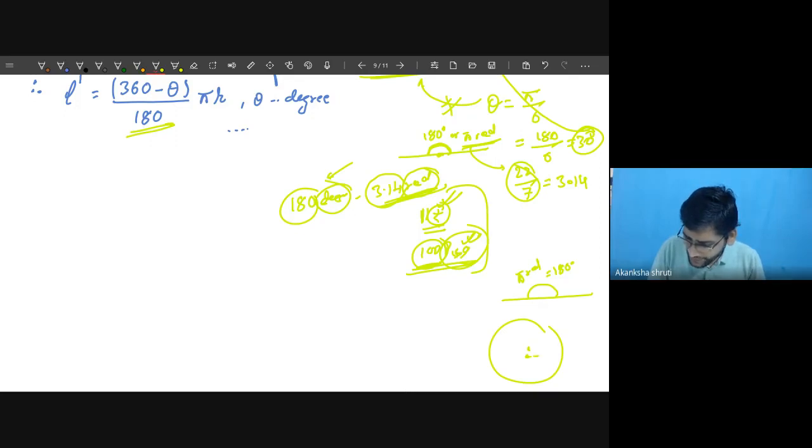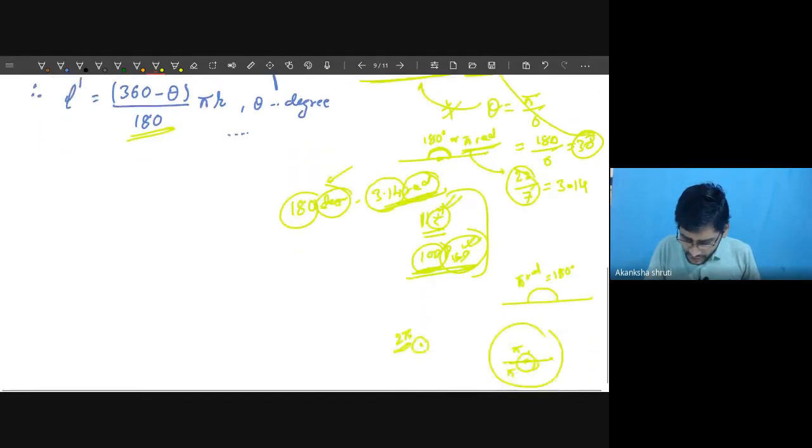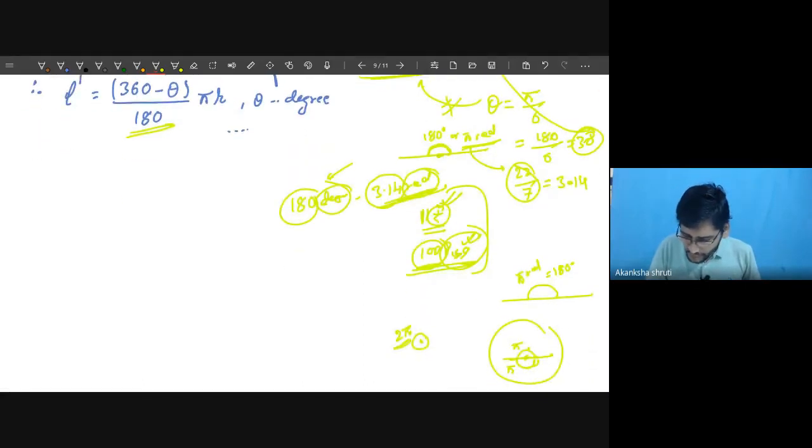The angle formed is always measured with reference to some axis. You will start from here and come back. It means 180, one straight angle, and then also the reverse one another. So at the center we always need to take 2 pi. At a point, the angle formed is always 2 pi. Therefore we always substitute 2 pi for the center angle of any circle.